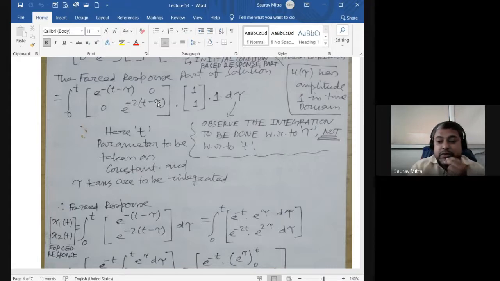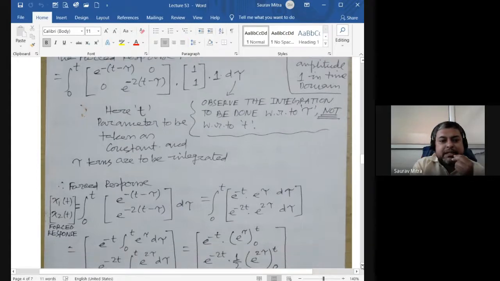You get e raised to (t minus tau). Instead of t, you are saying t minus tau. That's all. In the e raised to At, substitute t as t minus tau. Then you can open it up. So this is e raised to minus t. I have done it here, you can see. If you're multiplying 1, 1, then both of these prevail. So multiply this 2 by 2 with 1, 1. What you're finding is given below.